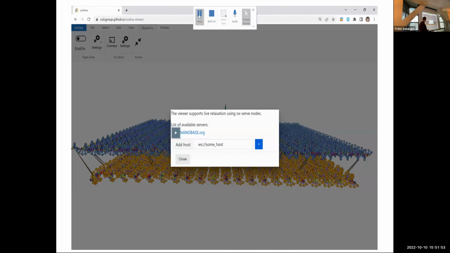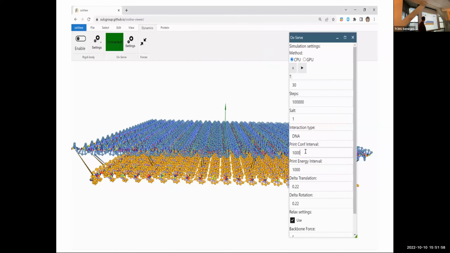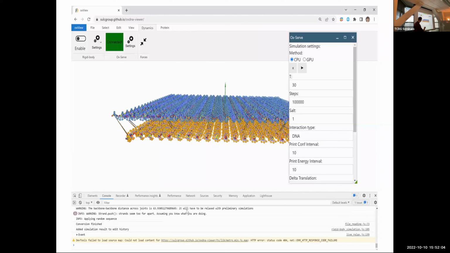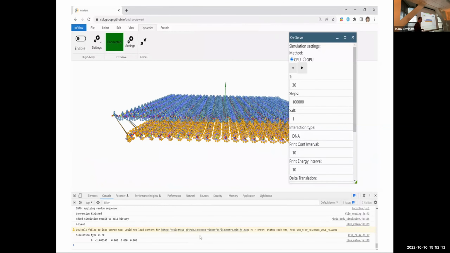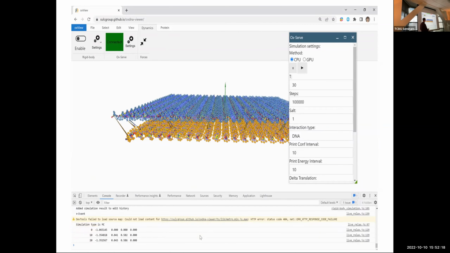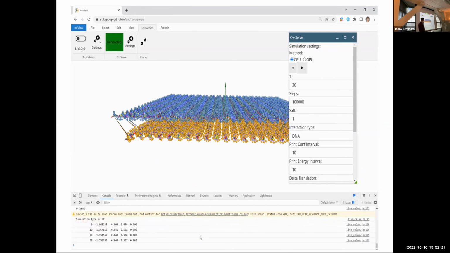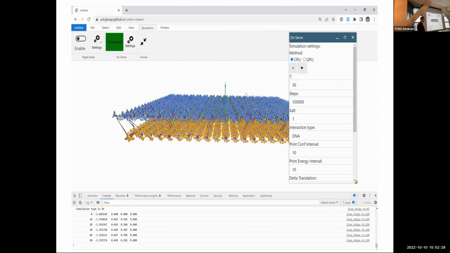So once you have the structure reasonably looking, we have a dedicated GPU card on our server to which you can connect, and you can run the simulation: it sends what you have in your browser to our server. It runs the simulation for 1,000 steps and sends back to your browser the updated configuration. So it is not meant for production runs, but it is meant to get some direct feedback on design choices you made or for relaxing the structure. For example, you might want to see what happens if you cut 2 bonds in the structure somewhere. Within a few minutes on a GPU simulation, you would already see the effect on the